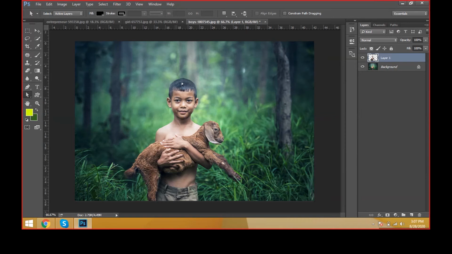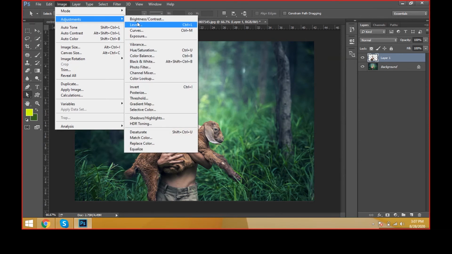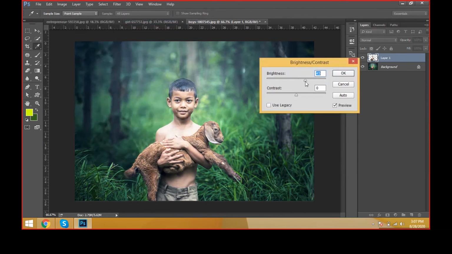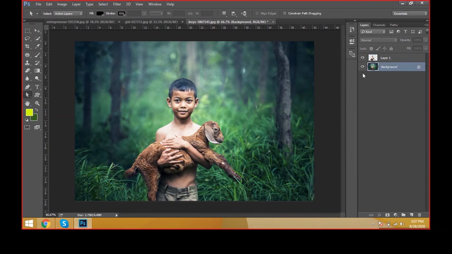The subject of the image, the character, we just isolated from the background, and you can select this image, the subject of the image, come to image adjustments and go to brightness and contrast, increasing the brightness and decreasing the contrast of the image, and don't give the values too high. Otherwise it will burn the image, and the image will be completely disturbed. Give the brightness and contrast a little bit like this, and go with the contrast levels and click it. Now check it with the preview, then you can see the depth of the image, and this is brightness and contrast, and we gave this one like that using curves.